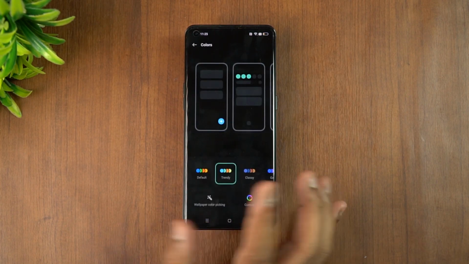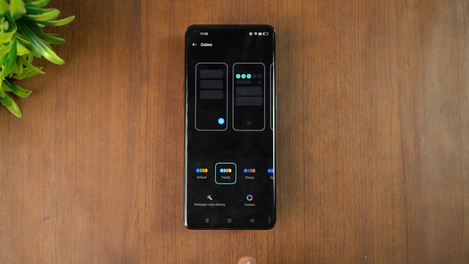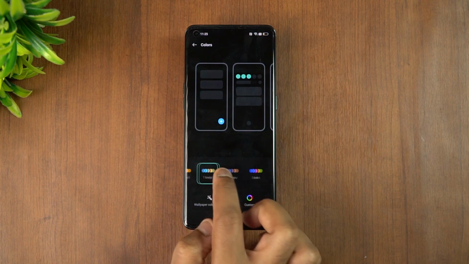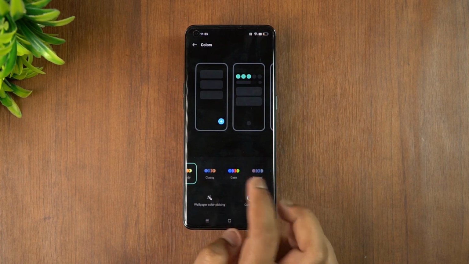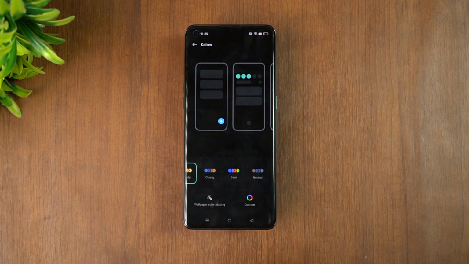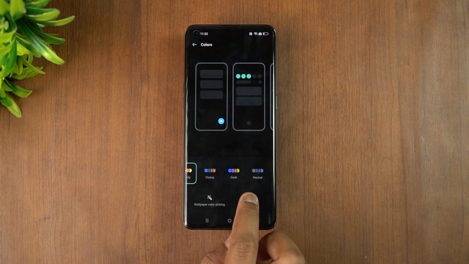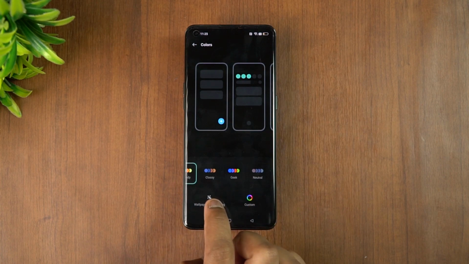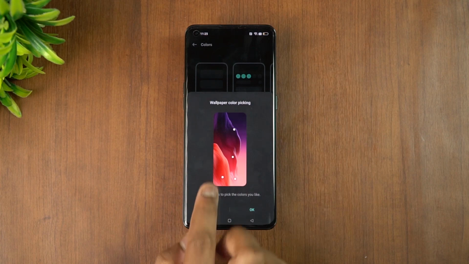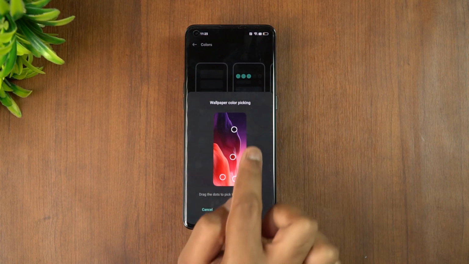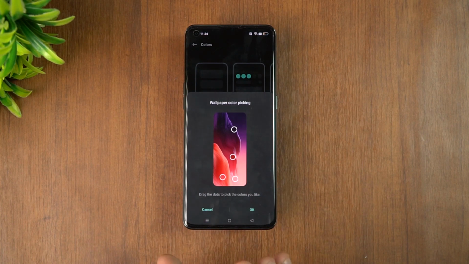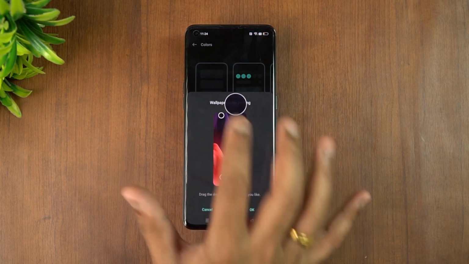Then colors are there. This is one new feature actually. You can see here the system colors. There is a default one, trendy, classy, geek, and neutral. So different color tones are there. You can also customize your own color tones by choosing the custom one. Another option is to choose from the wallpaper. This is a very useful feature. If you select it, you can choose 4 colors from the wallpaper. So these are the 4 colors. This will be automatically picked, or if you want to pick manually, you can just drag and pick the color.